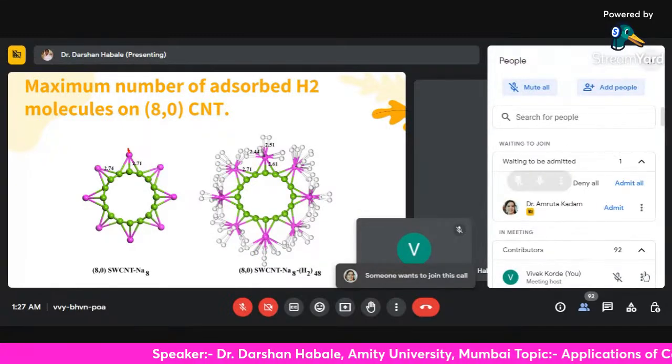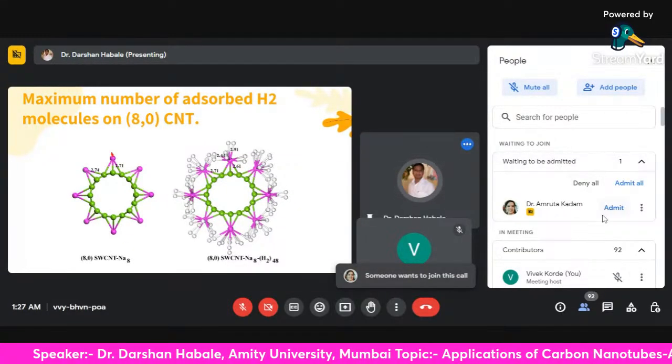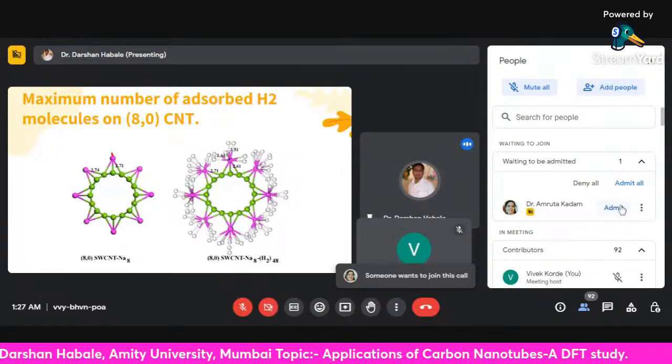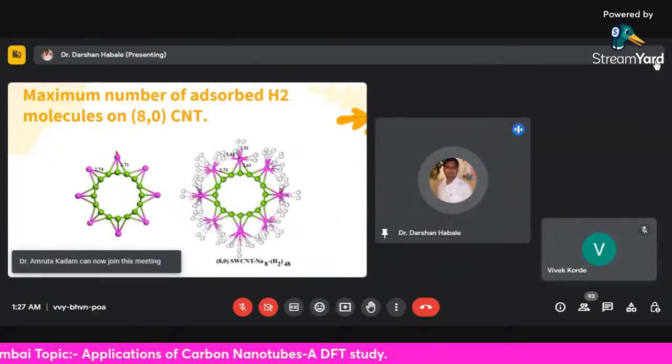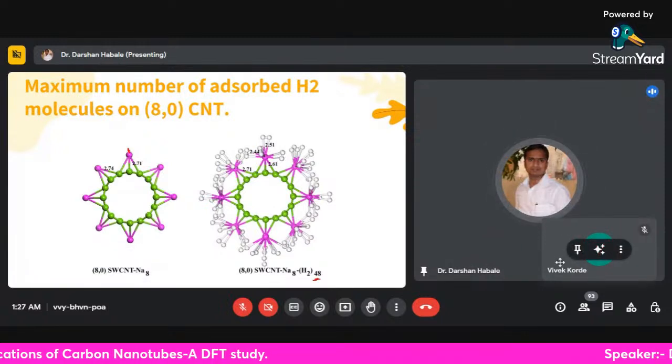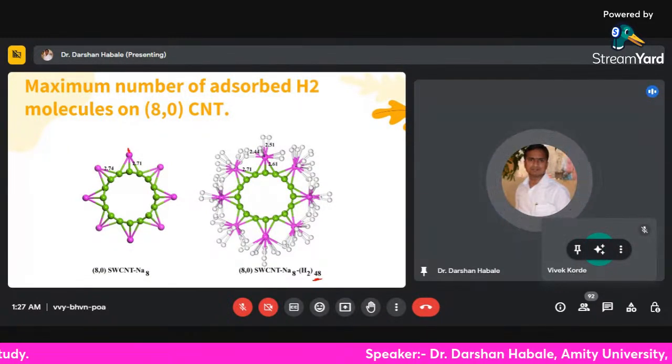So like that we have 8 sodium atoms. On each sodium atom we have 6, so a total of 48 hydrogen molecules get adsorbed on this single wall carbon nanotube. Okay, so then